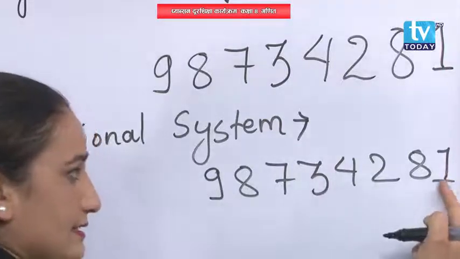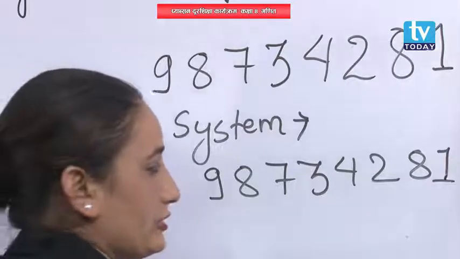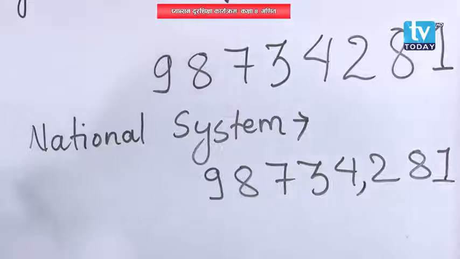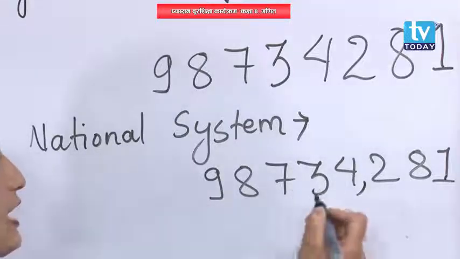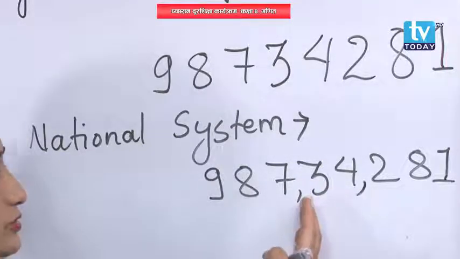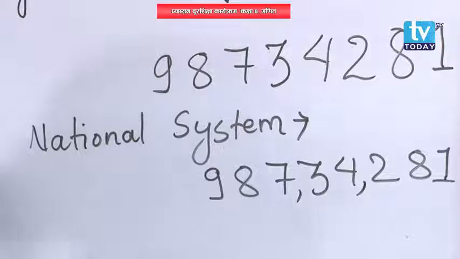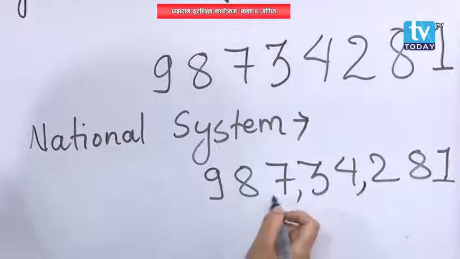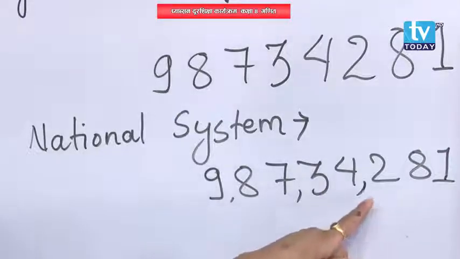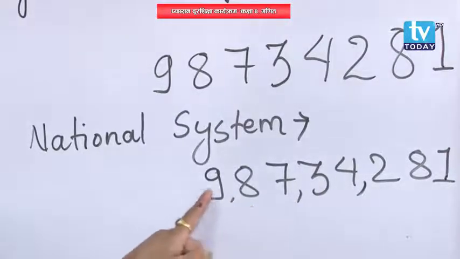Here, ones, tens, hundreds. You have to write in unit place. So ones, tens, hundreds, put comma. Thousand, and thousand is repeated only 2 times, right? So you have to put a comma after the thousands. Then after thousand comes lakh. 1 lakh, 10 lakh, put comma, and 9 is there, it's crore. Ones, tens, hundreds, thousands, ten thousands, lakh, ten lakh, crore. Can we write it? Okay, let's write it.